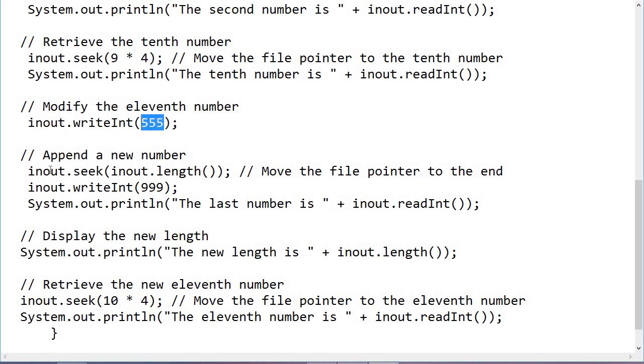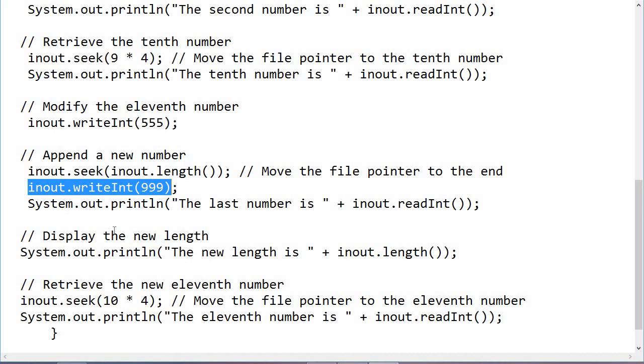Fine. Then append a new number. For reaching the end, I have one method, that is inout.length. With this length method, I can directly reach the end of my file. Then I'm writing some content over there, and now I'm printing this,